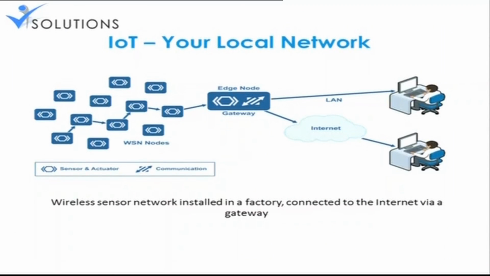Then you have a gateway. Gateway is nothing but like a server. From the nodes it will go to the gateway, the server. From the server it will go either to LAN or through the internet to your business, your end services. These are end services to computers. It comes either through the cloud, where it can go to anybody in any far region, or through LAN it will reach the people internally. Getting it?